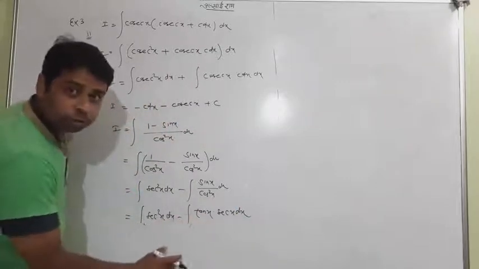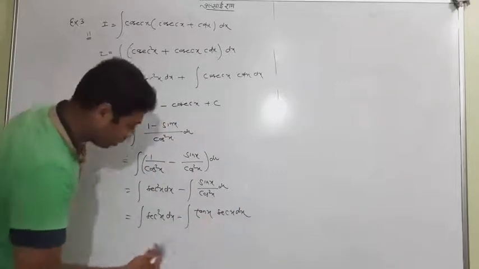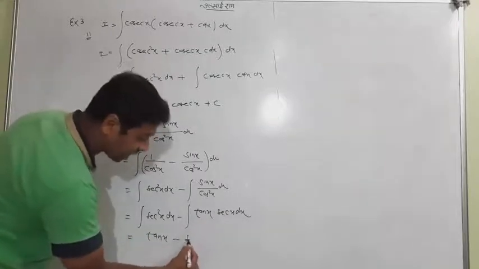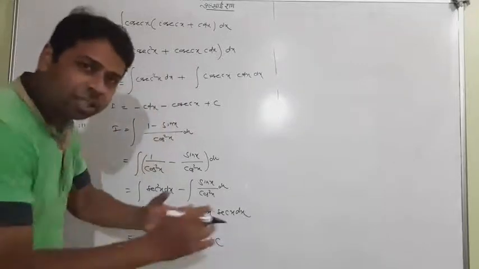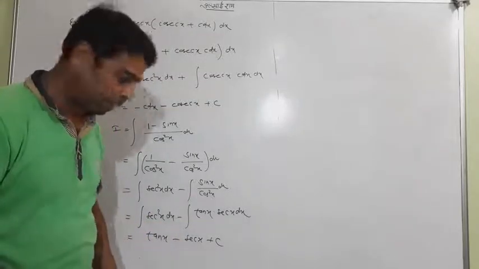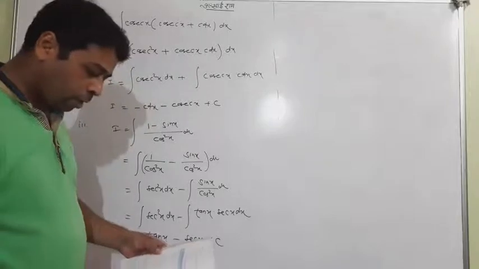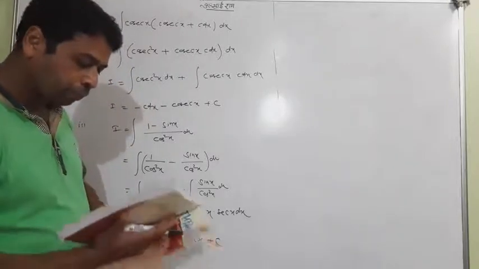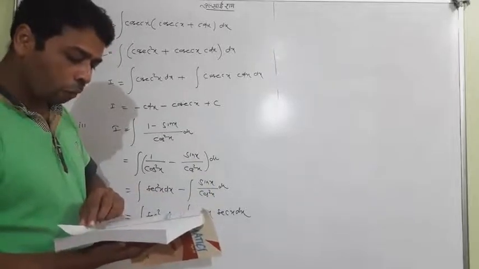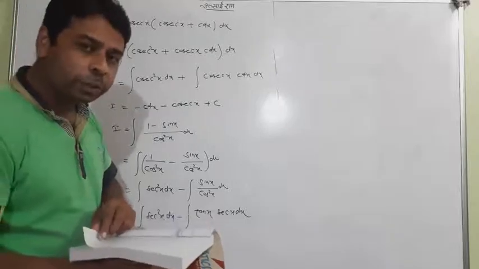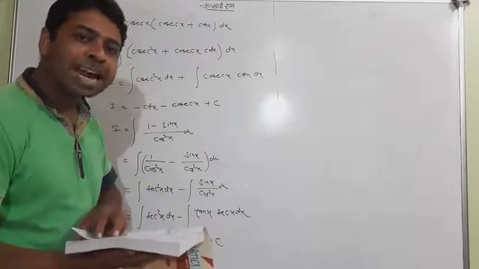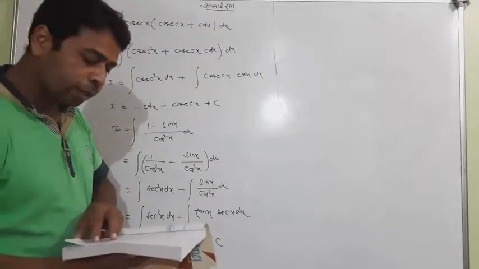Now we have 2 functions, and the good thing is we have 2 standard laws. Sec square x has an integration tan x, and sec x into tan x has an integration sec x plus c. You can see the list of the formulas. Among it you can take the help of these formulas. You can definitely get the answer. Okay. Now we have more questions. The word antiderivative is also used instead of integration. Integration is also called antiderivative. So keep remembering this also in your mind.